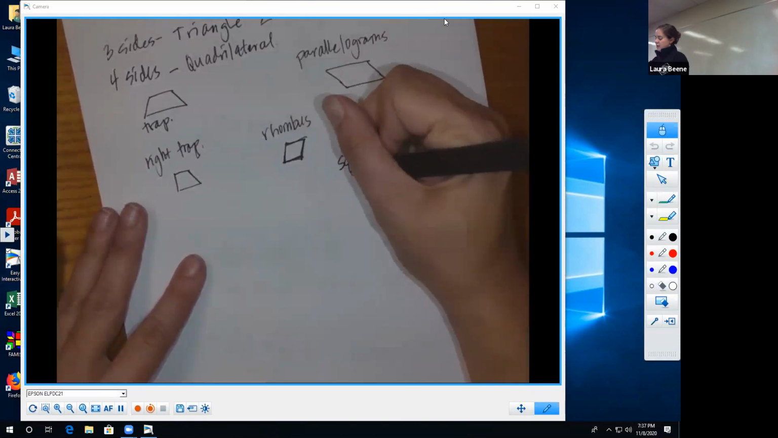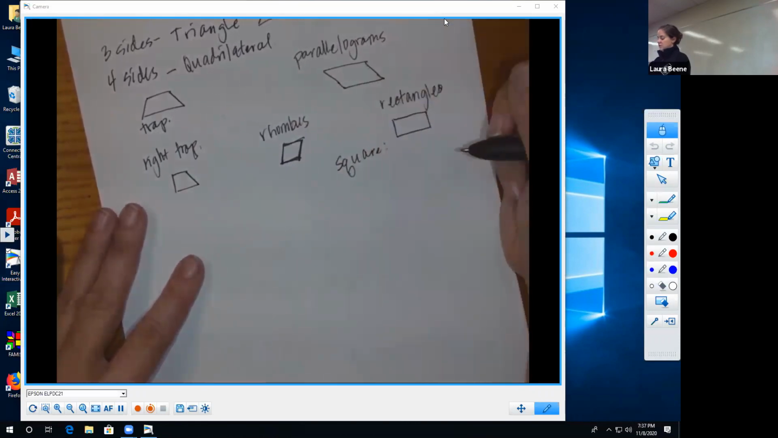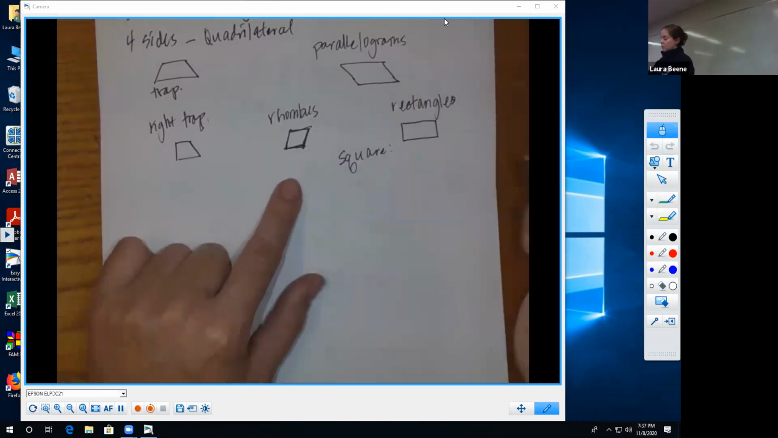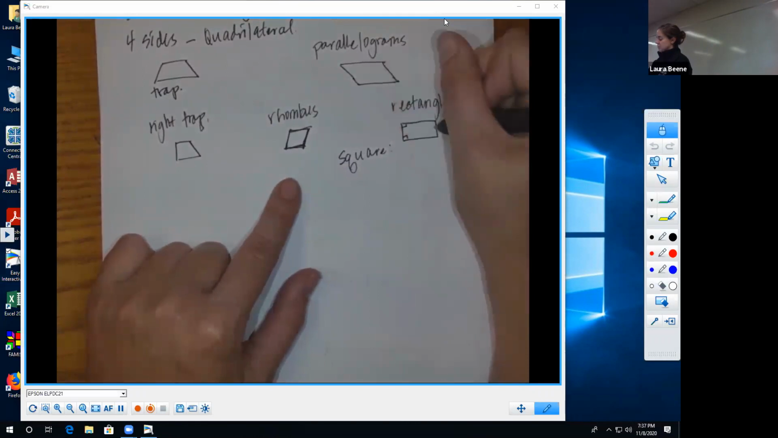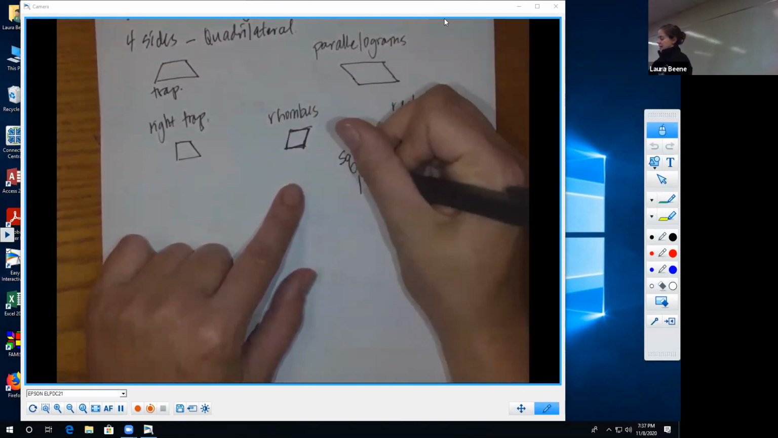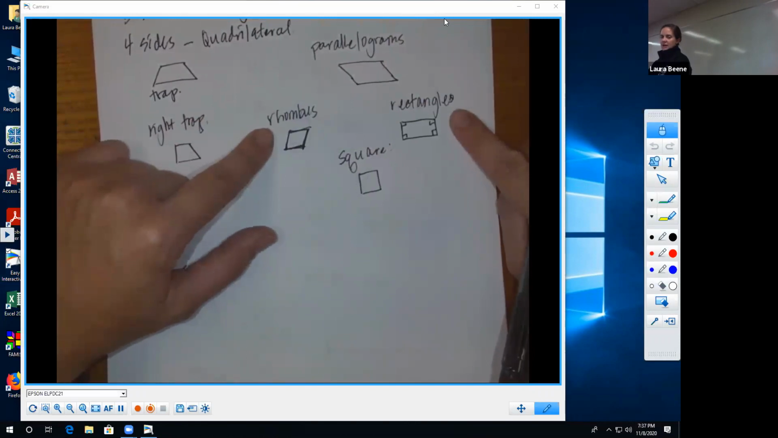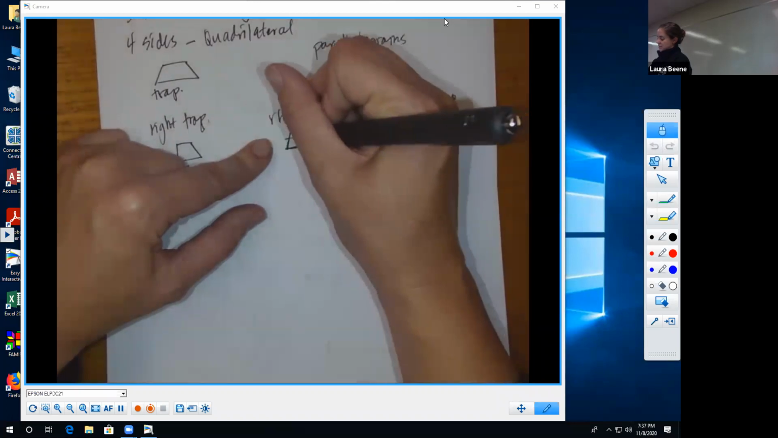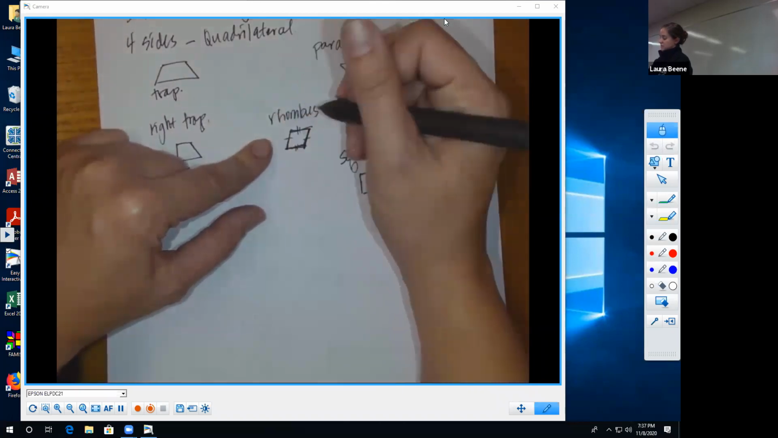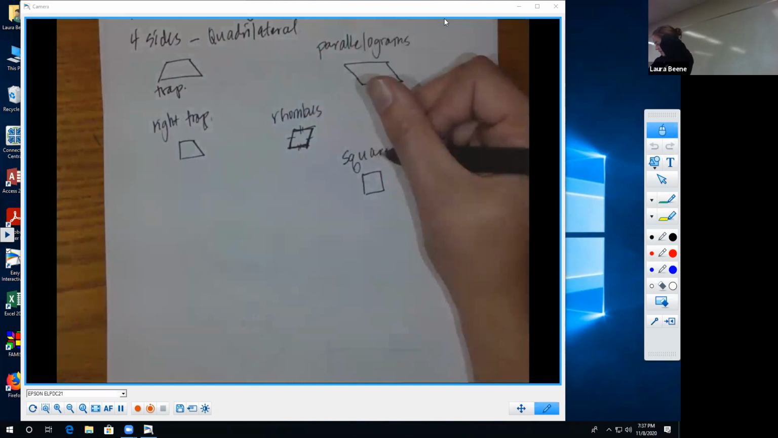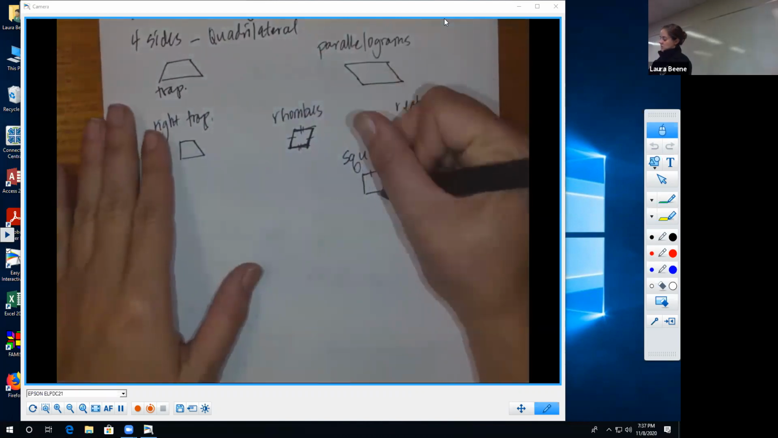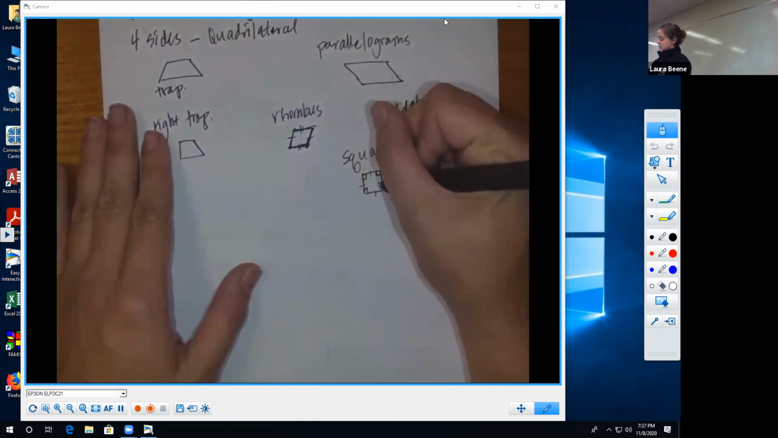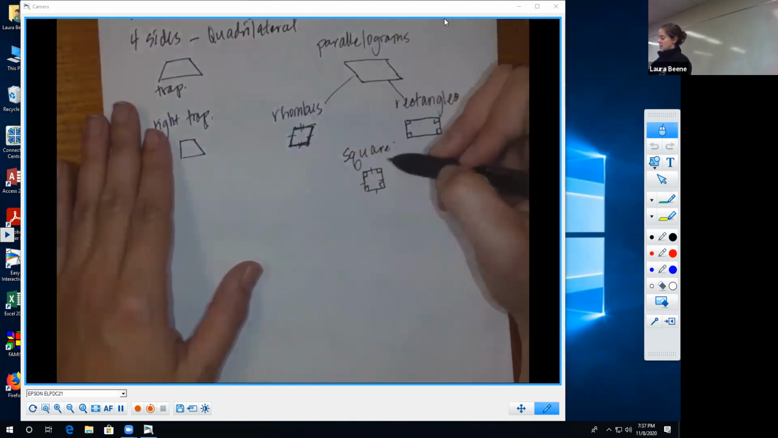But then you have a square. A square is like the child of a rhombus and a rectangle because it has the parallel sides. Rectangles also have to have four right angles. So squares have all the things from both of these. They have parallel sides like both of them. They have the sides that are the same length, like a rhombus. And then they also have the right angles, like the rectangles. So that's like the classification chart of